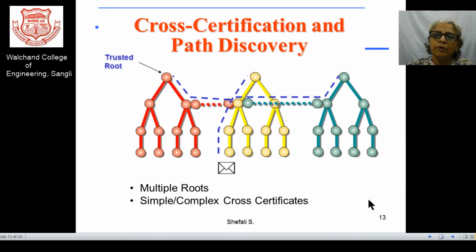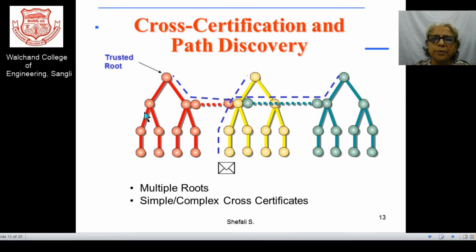Okay. Moving further to the next topic for discussion, we have gone through some ideas for cross certification. Cross certification means that if multiple CAs, multiple trust roots are there, and the leaf nodes, who are actually the clients enjoying the certificates received from the trusted roots, so if a client from one tree demands a certificate from another subtree, then in what way should the situation be handled, in what way should that particular certificate, that particular path, that particular message be sent over.